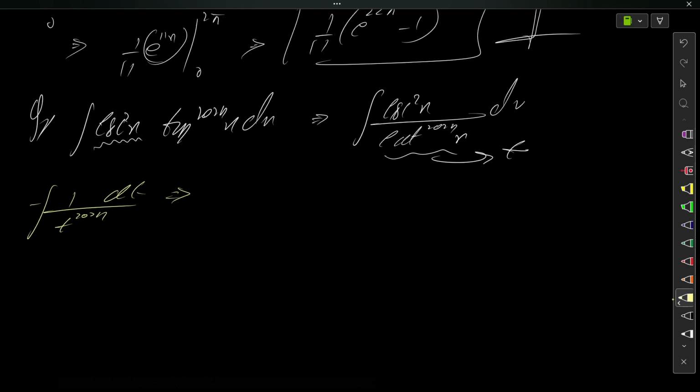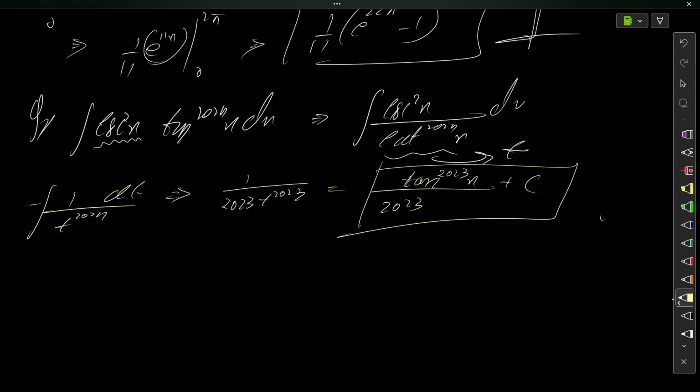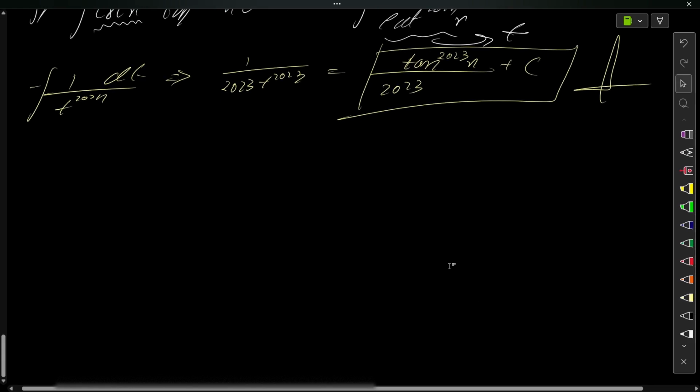So it's getting to be 1 by 2023 t to the power 2023, that is 1 by 2023 cot to the power 2023, or more respectfully this could be written as 10 to the power 2023 x plus c. This was an indefinite integral, so it would be 10 to the power 2023 by 2023 plus c. Next question,